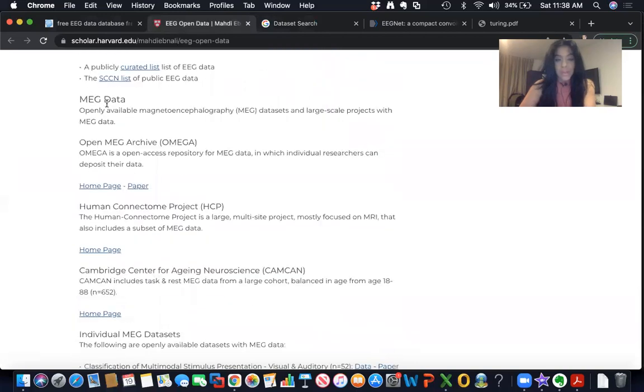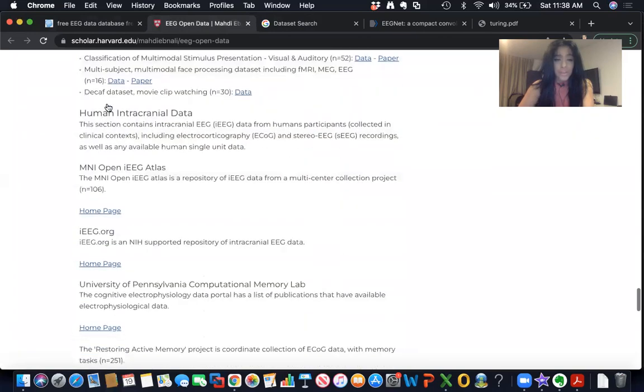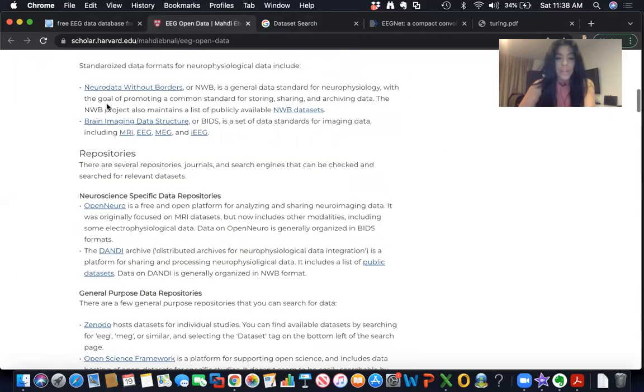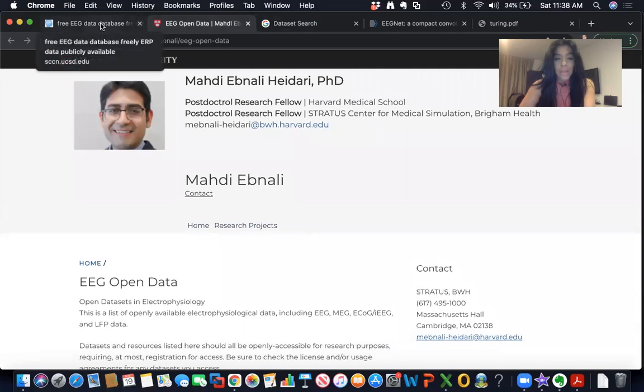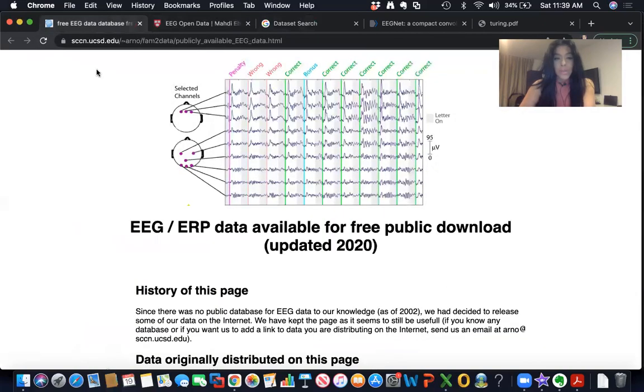Oh yeah, and here's the MEG data. If you're interested in MEG, you could definitely do that as well. So definitely, guys, check this out. Dr. Haydery at Harvard, as well as the UCSD pages. And I highly recommend that if you want to just poke around, let's say that you are either